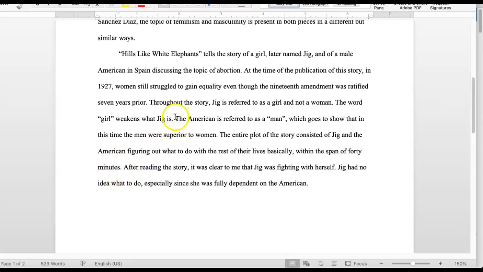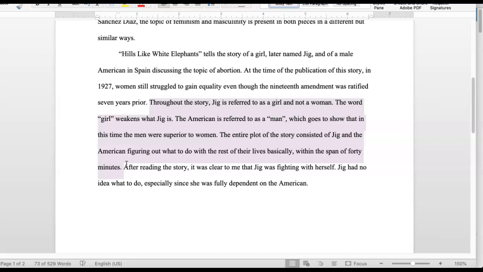Fantastic. So, some people would say that this is the rest of the summary. It's not the rest of the summary. She's actually doing a little bit of analyzing. She's actually analyzing the word choice, the diction here in this particular story, and talking about how this is kind of an example of how the author is talking about the superiority of men. So she's going back to masculinity and feminism, right? So she's starting to put her